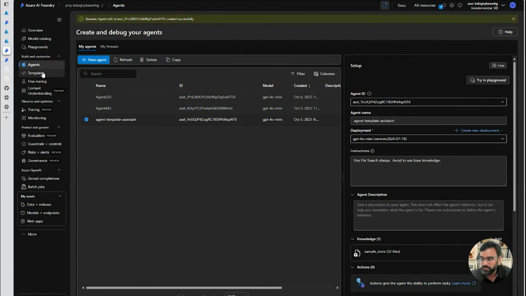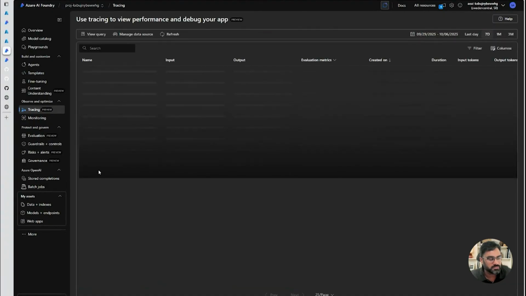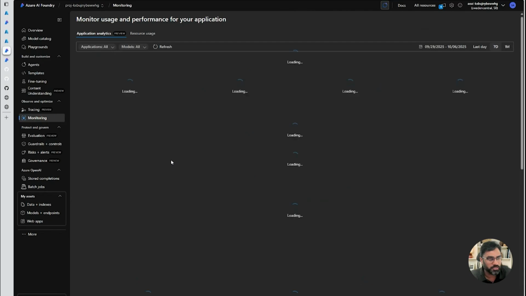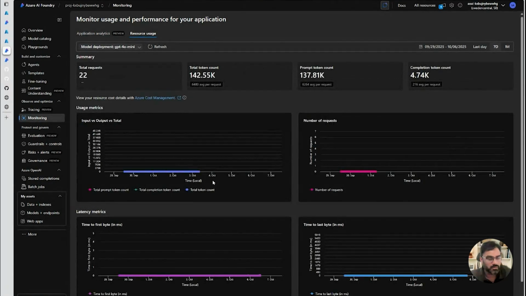So that's where you will be able to deploy a simple agent project from a template, right? There are multiple templates available for you, so you can always take one of them and deploy it in Azure, and then you can play around. We also have some more capabilities in AI Foundry, specifically for tracing and monitoring. If you want to understand how your agent is working and what its performance is, you can monitor all of that directly from here, right?